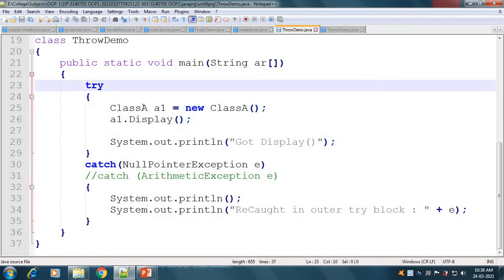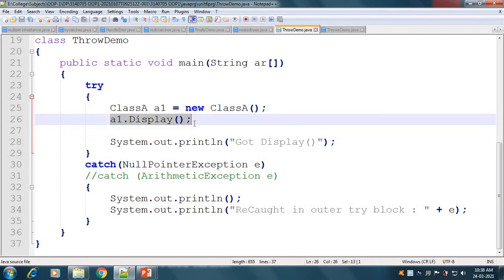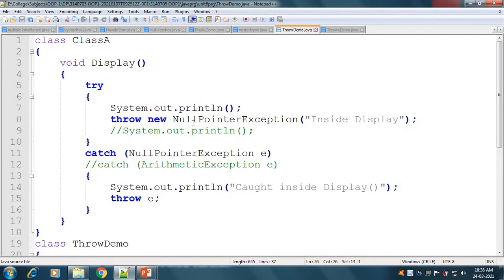In our try block we have created an object of class A, and from that object we have called the display method. So our display method is here. In the display method we again have our try block. Here the syntax is throw new NullPointerException.